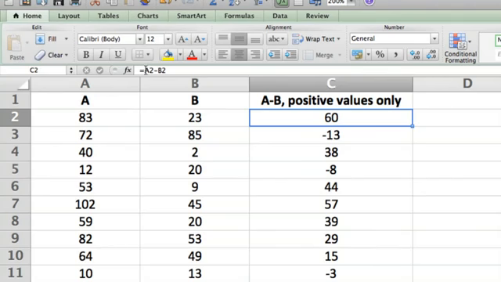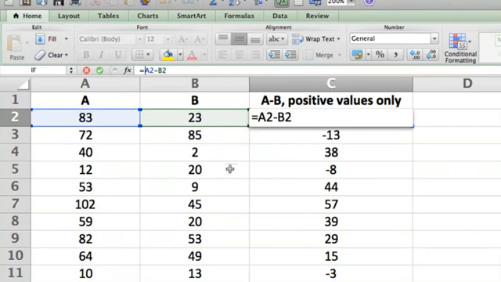What we're going to do is an if statement. So I just put the cursor in before the A2 minus B2, and we're going to say if, and then an open parenthesis. If the difference is positive, we're going to display it, and if it's not, we're going to display nothing. So we put the cursor at the end here. So if A2 minus B2 is greater than or equal to 0, comma, so that's the test,